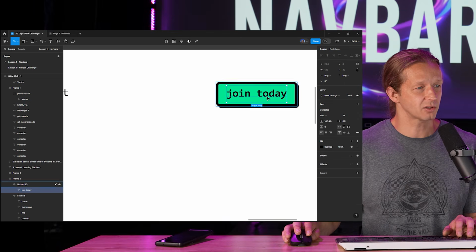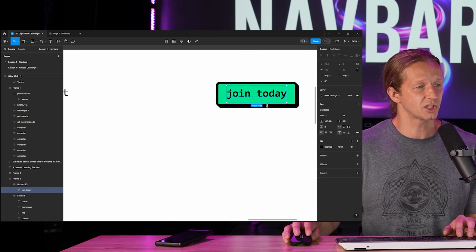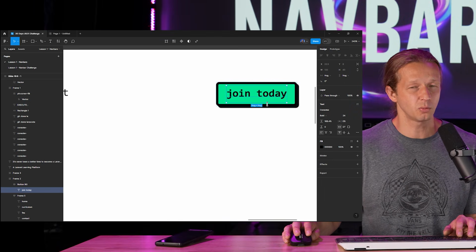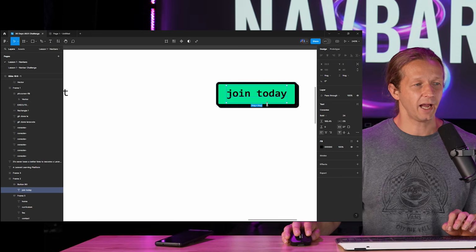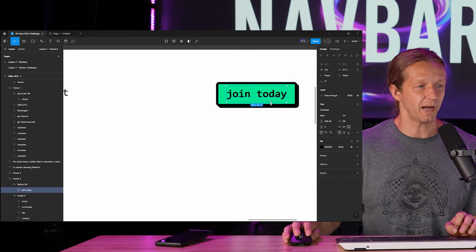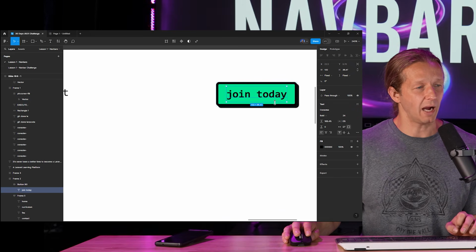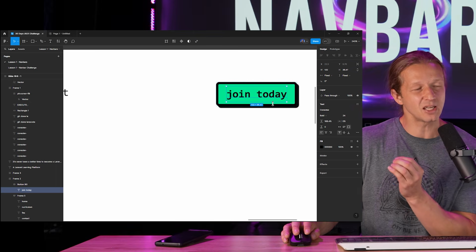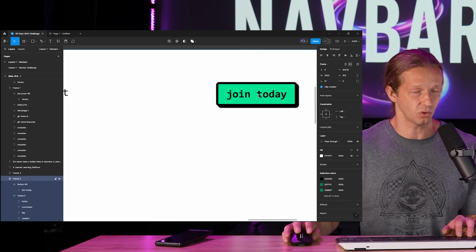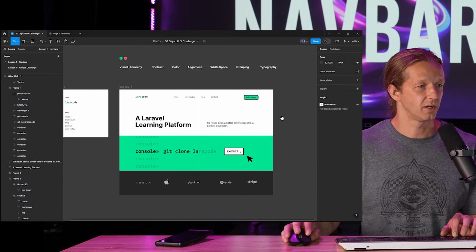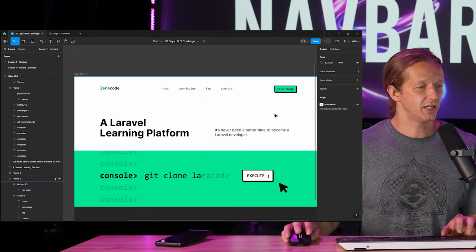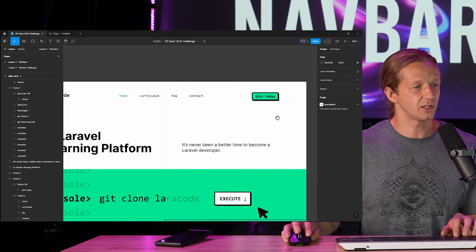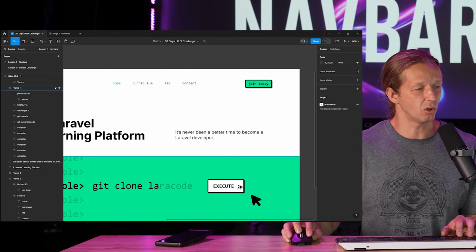Okay, now we have to ask ourselves, does this text look centered? Well, sometimes when you're dealing with text, you can have some overflow issues with the bounding box. So I'm just going to slightly decrease the height so that it gets centered vertically in there much better. Okay. So here's one thing I might do: reduce the stroke width because it's a smaller button and this